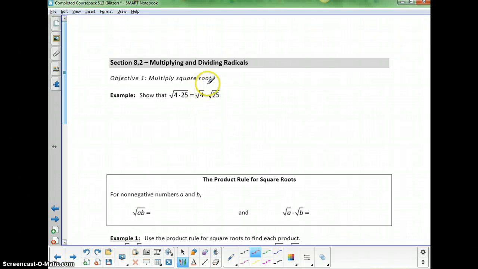For objective 3, we're looking at the quotient rule for square roots. So I know that I multiply these two fractions together. 3/5 times 3/5. 3 times 3 is 3 squared, or 9, over 5 times 5 is 5 squared, or 25. So I know that if I'm taking the square root of a fraction like 9/25, that it's the same thing